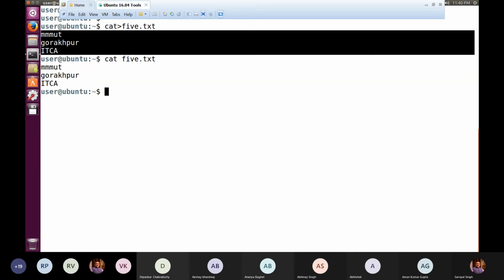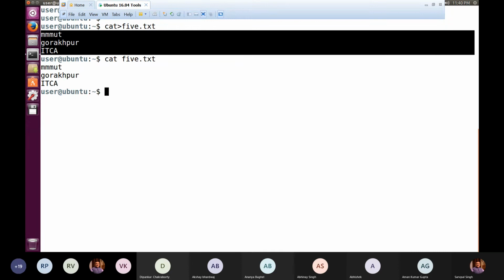The reason being, it's not an editor, so it never lets you move the cursor here and there. You are simply exploiting this feature of cat to create a very small file, but it's not an editor. It is still a concatenation command that is primarily meant for displaying or concatenating the content of different files.